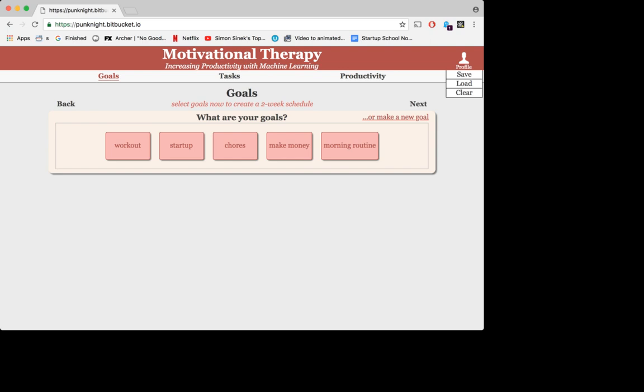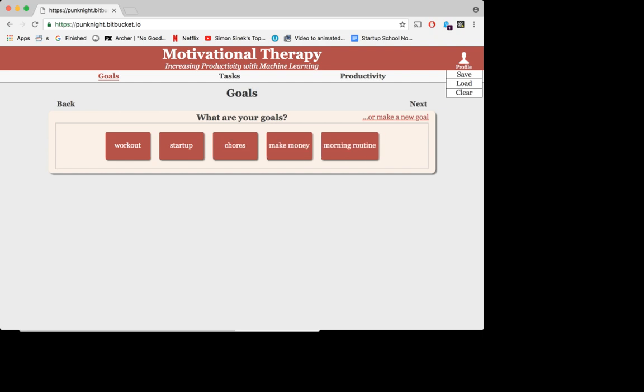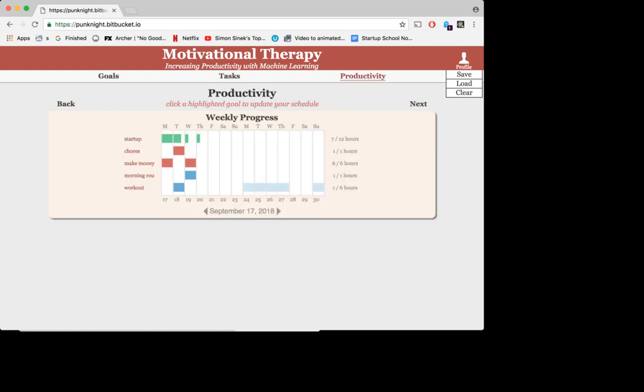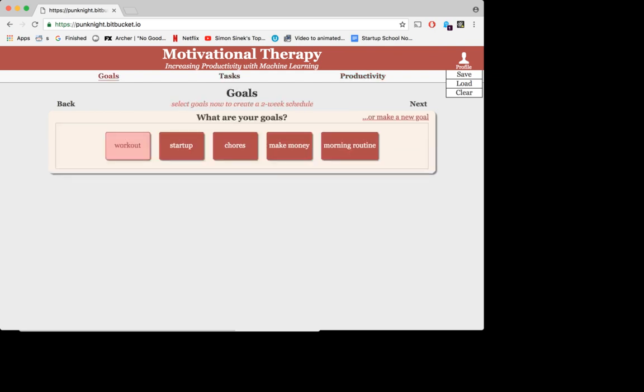Goals do a couple of things. First off, when you click on a goal, it generates productivity projections for the next 2 weeks. So let's unclick all of these. And then I'm going to click one, workout. Now, if I look at my productivity chart, my workout, I've only worked out 1 day this week, and that's already saved. And because of that, it wants me to work out 6 more hours this week, but much later in the week. If I go back and click all my other goals,